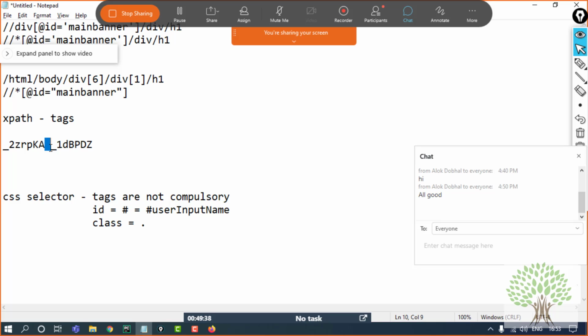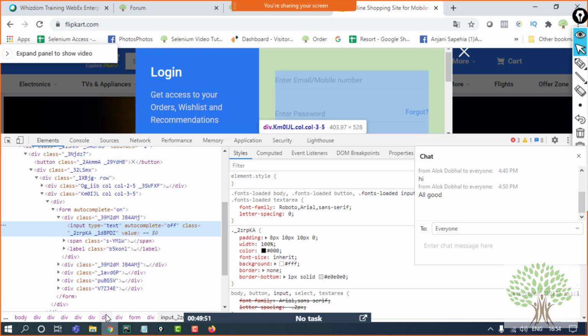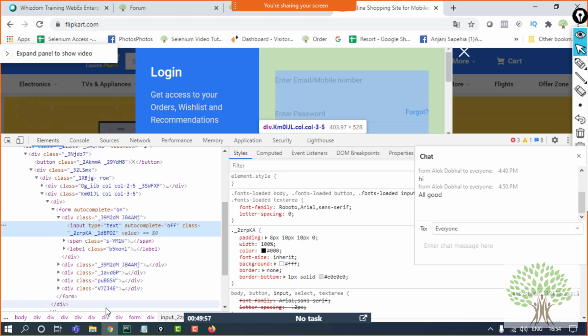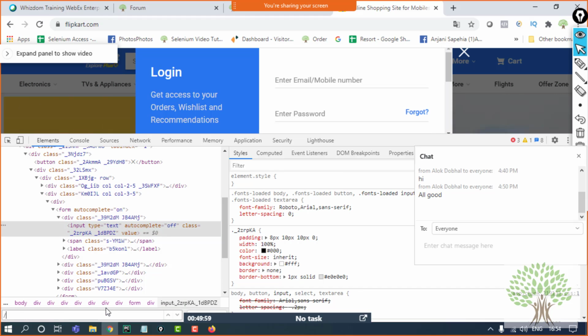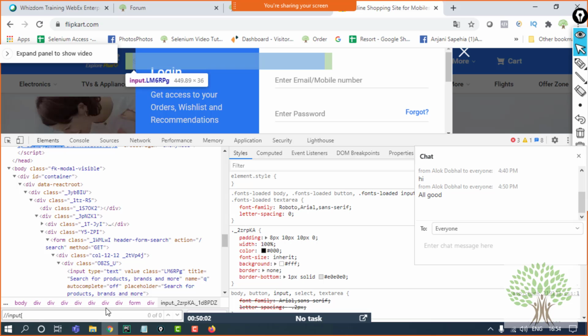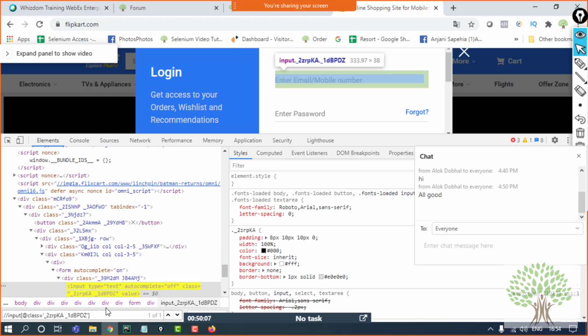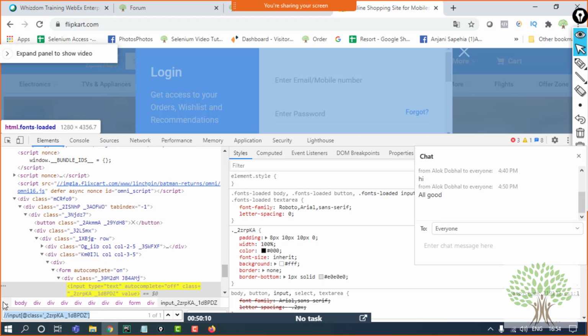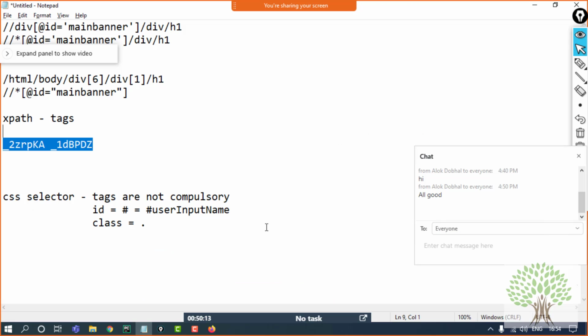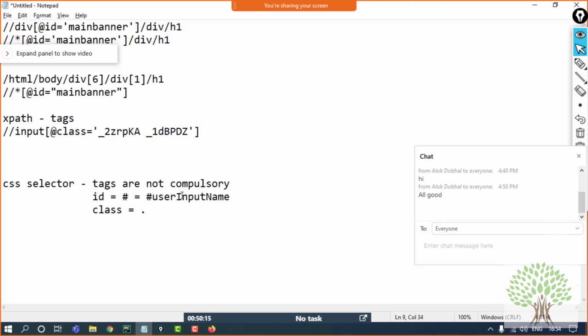This specifies that there are two different classes which are being given to this particular element for the look and feel. If I try to extract the element using the class name in XPath, if I go over here and say double slash input, Control F, double slash input at the rate class is equals to, so over here I got this element highlighted using the XPath.